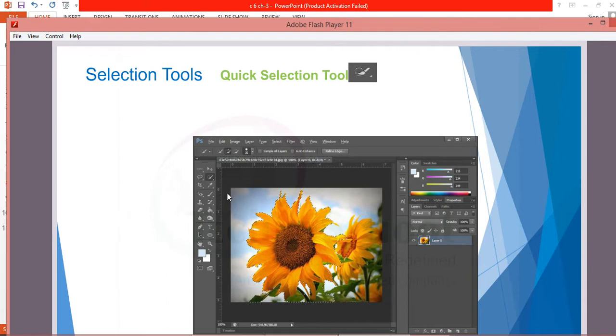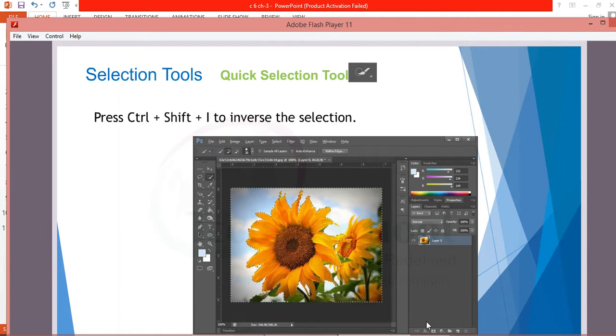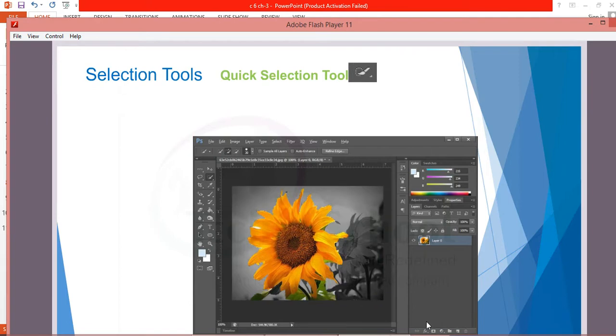After that, we select the new adjustment layer at the right side bottom of the layer panel, select hue and saturation and adjust it. At last you'll get the expected output like this.